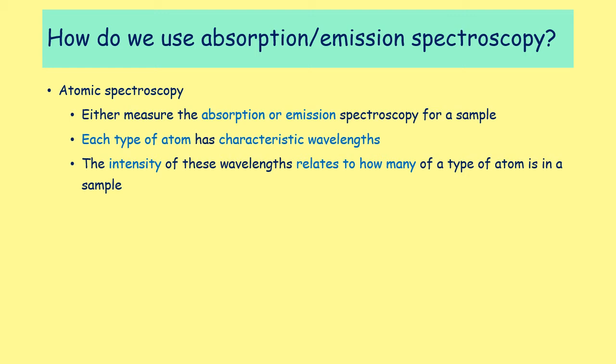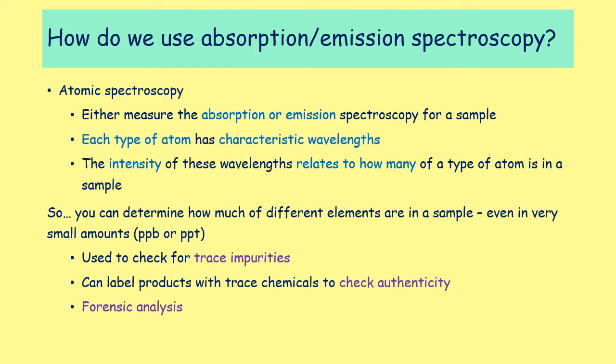So for example, if you were testing potassium and you're doing a flame test, if you had one atom of potassium, you might not even register a purple colour, that lilac flame. But if you then had like 1 milligram of sample, you'll be able to see the purple colour. If you had 10 milligrams, the purple colour will be even stronger. The intensity of the colour emitted or absorbed depends on how many of a particular atom you have. And so